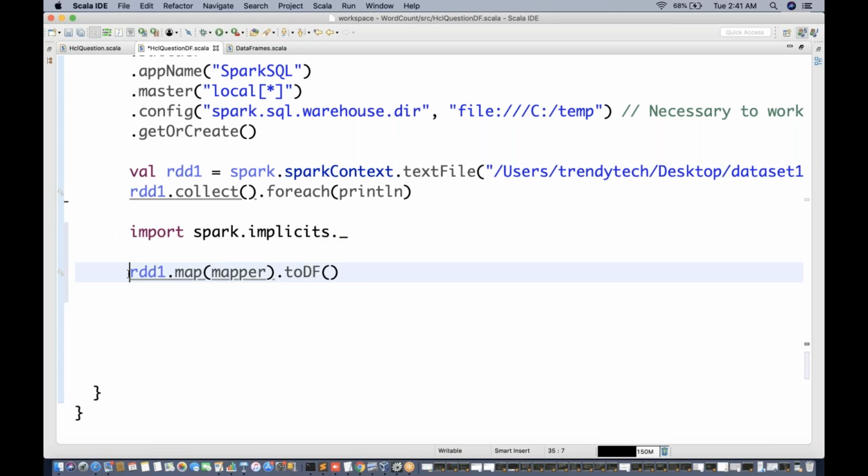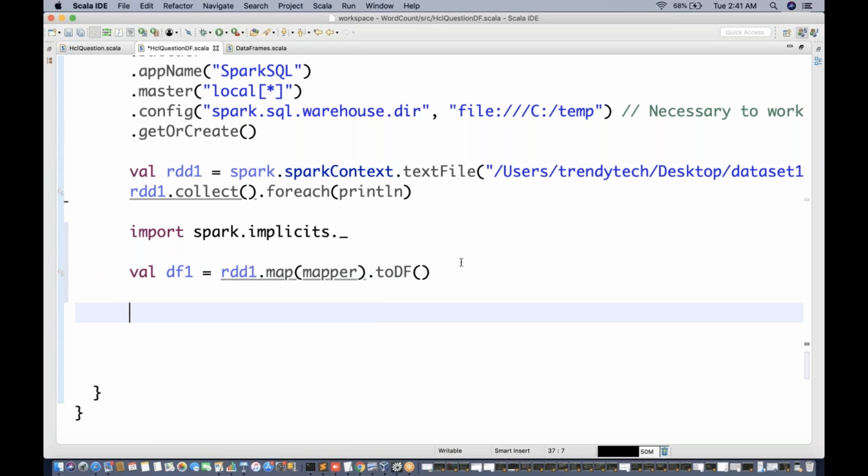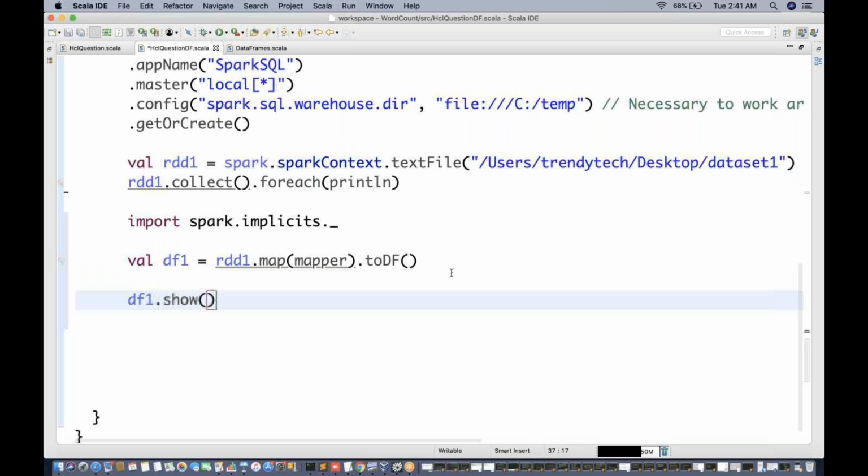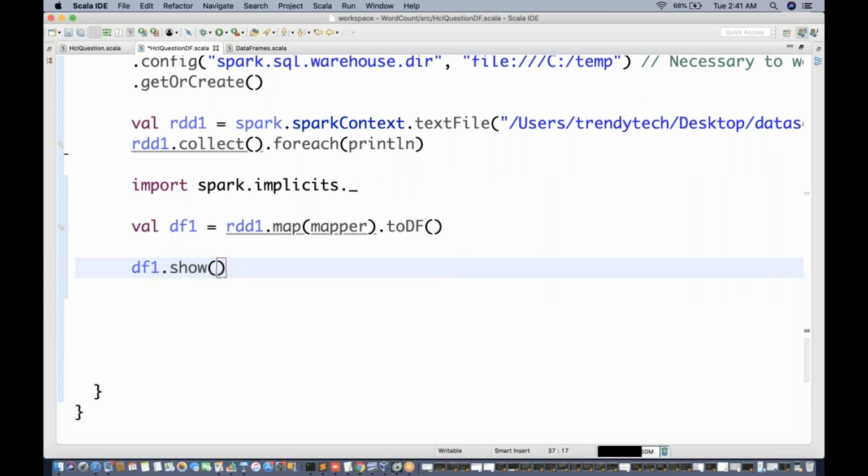Now where you will capture it here is df1 equal to this, for example. If you hover on it, it says it's a data frame, so basically now it has structured data. If you really want to see the results, you can say df1.show. It will give you the first 20 rows.